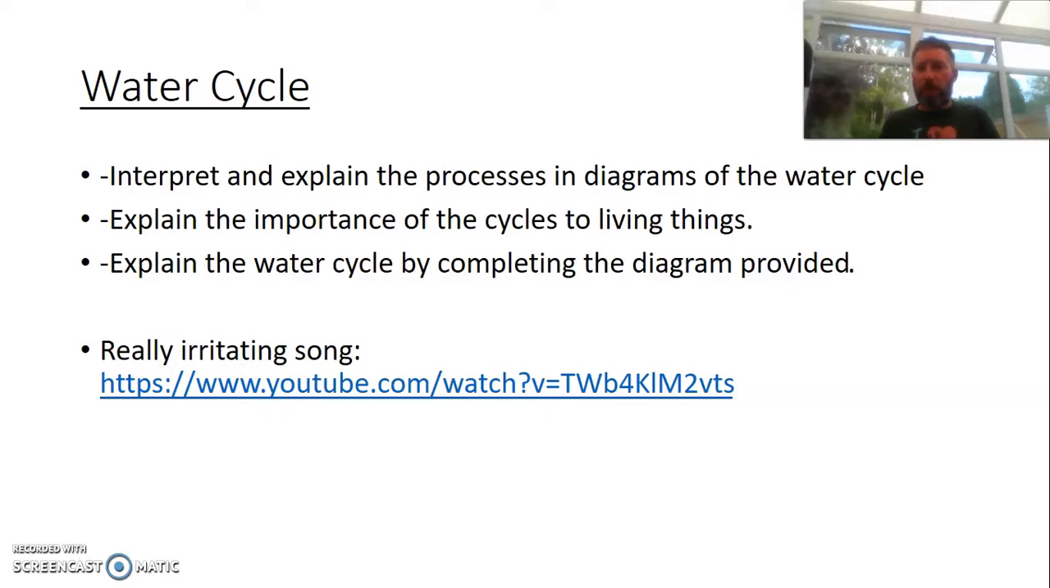Right, I'll put this PowerPoint on Insight along with the worksheet. There were questions on the worksheet to do with transpiration and to do with distillation, which involves evaporation and condensation. So some good